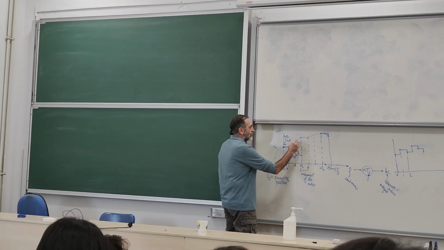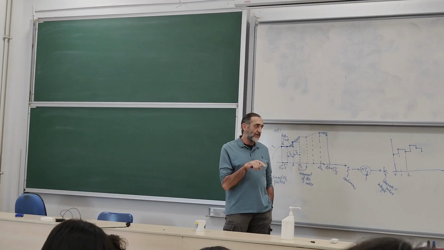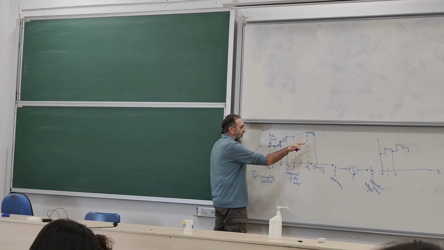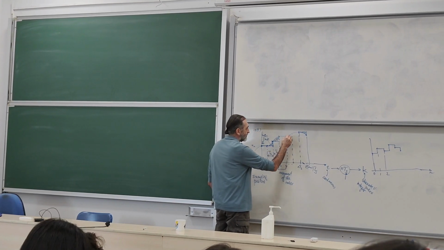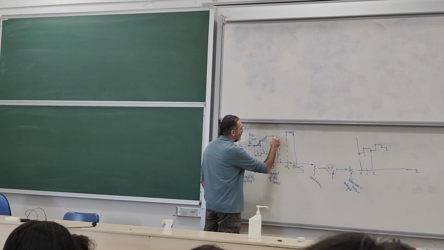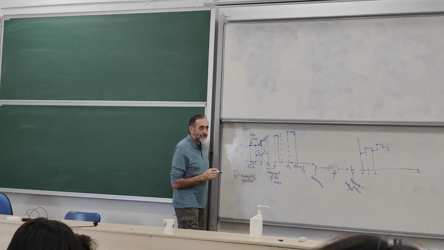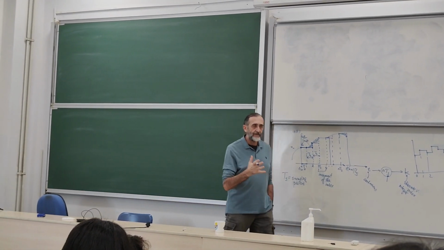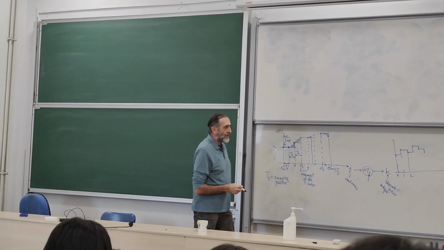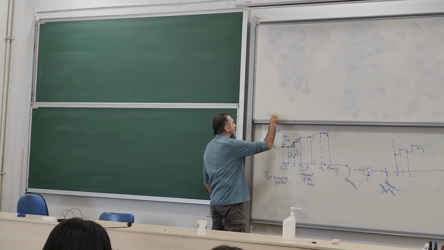And I'm incurring continuously an error. The way to reduce this error is to sample this continuous function at shorter intervals. So instead of incurring an error of that much, I'm only incurring an error of this much, in the total evaluation of the continuous function in the discretization process.